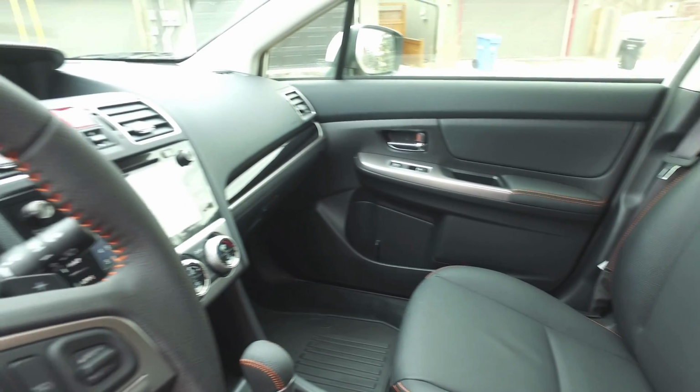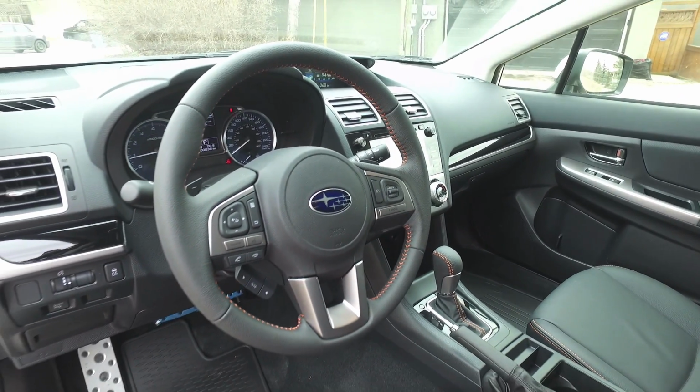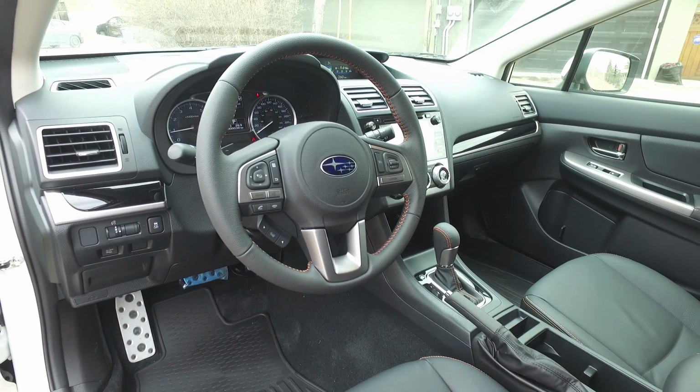It's not the most supple, but I think it fits for this car. We have that dual zone climate control. We have a larger touch screen and infotainment system at 7 inches. And if you want to add around an extra $2,500 on top of the sport or limited trim pricing, you